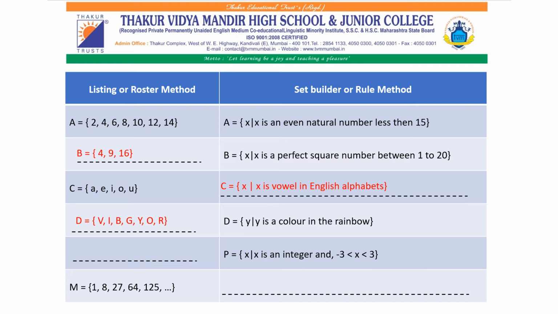Now let us see what the last element is. Again we will go to variable x and we will read to the right hand side. x less than 3. The number less than 3 is 2. That means I got my ending number, that is 2. So now the set P can be written as minus 2, minus 1, 0, 1, 2.